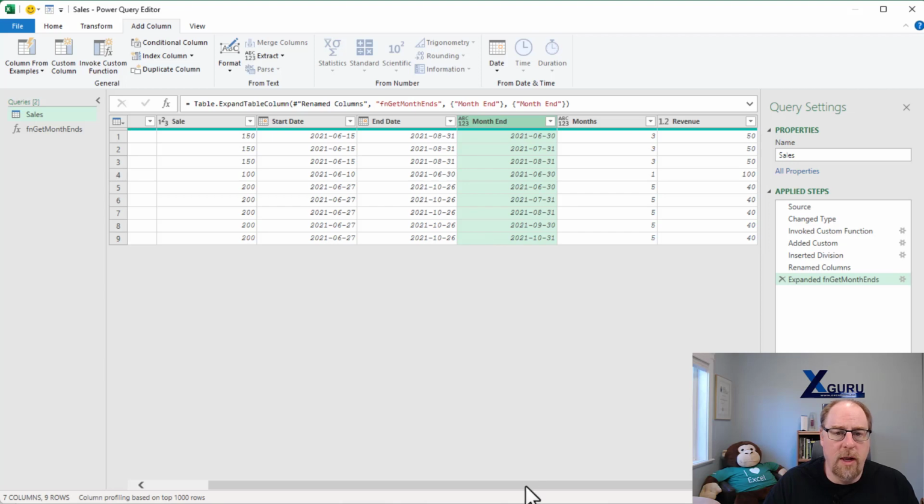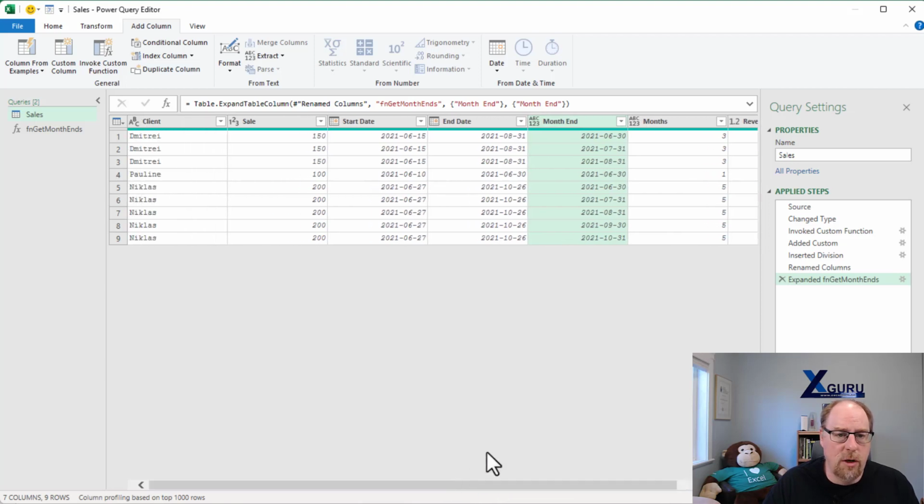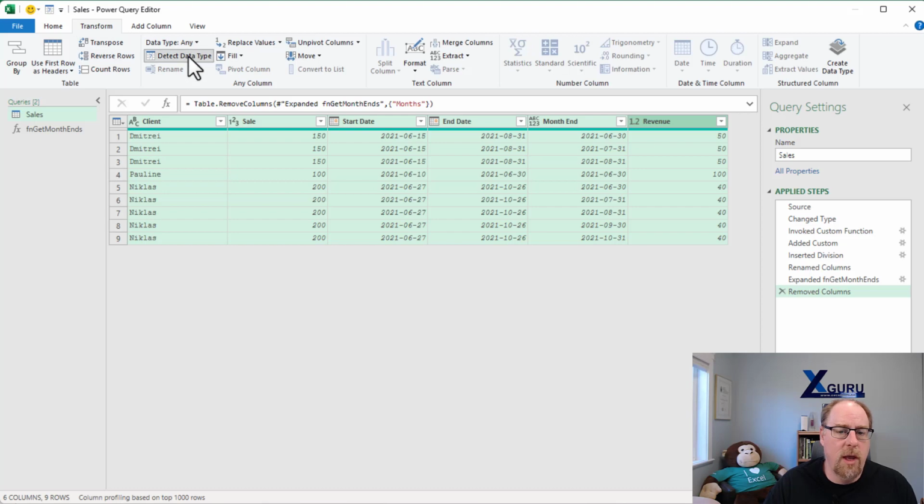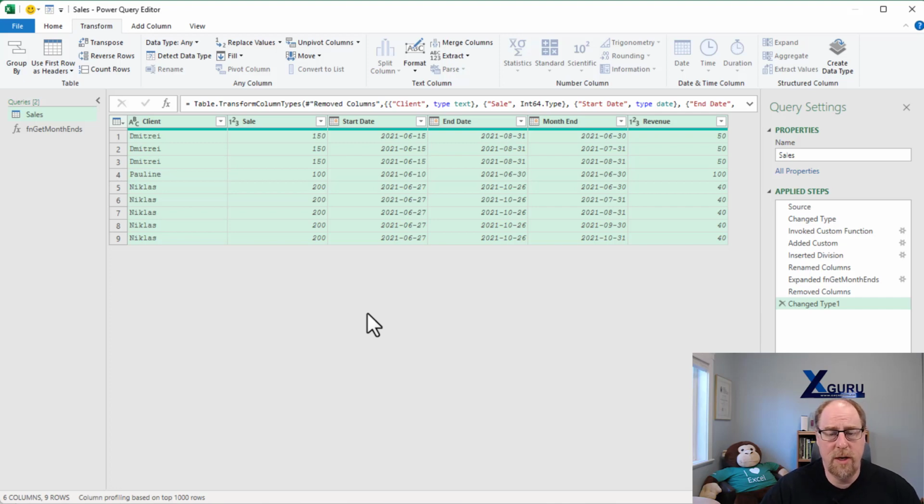And the only thing left to do is to do a little bit of cleanup here. We can get rid of the months. We don't really need that anymore. And then I'm going to press Control A to select everything, transform, and detect my data types. So I now have the start date, the end date, and the specific month end that each of the revenue pieces is going to be allocated to. All by starting by injecting this really easy to use FN GetMonthEnds function, which is one of the free features